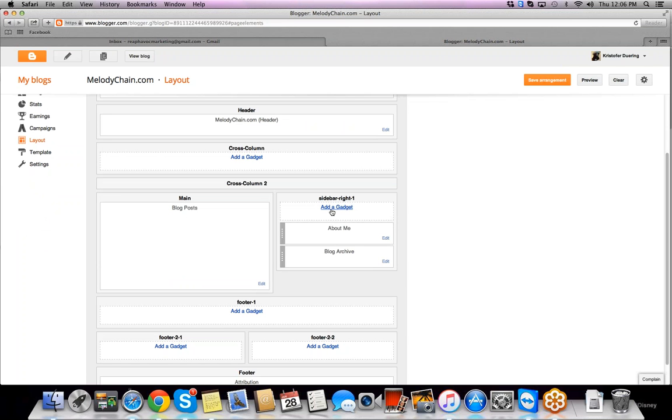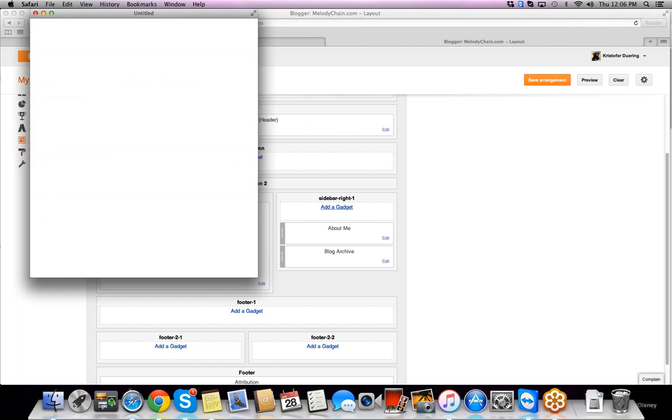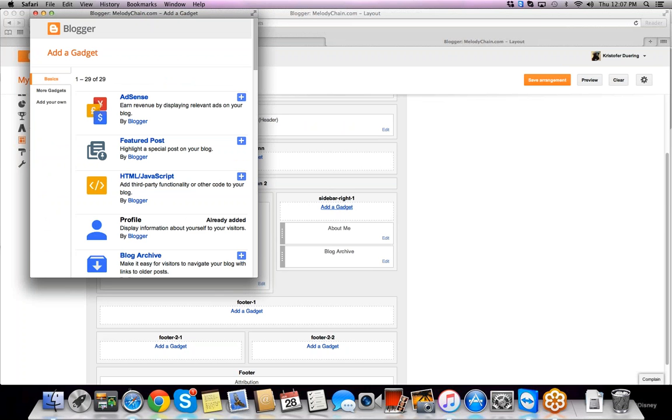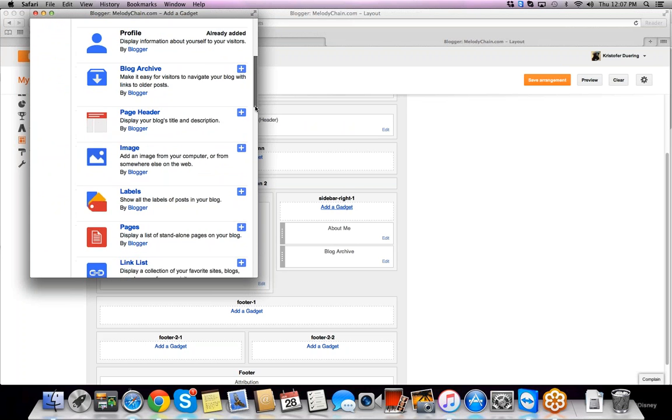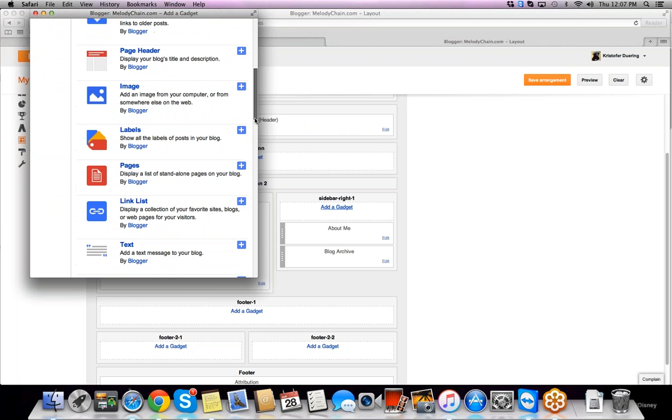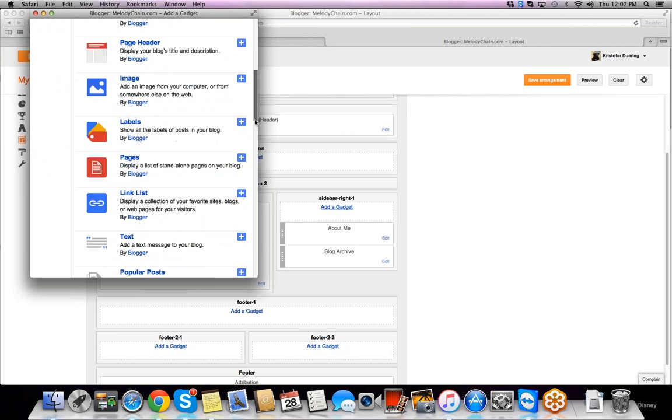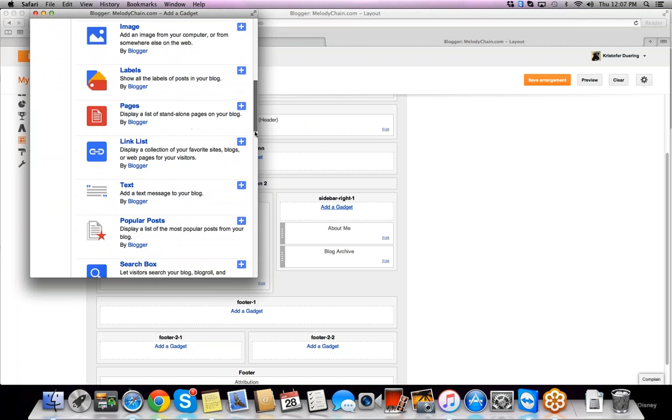They call them gadgets or little widgets here. I'll pull up some samples. You can add something like AdSense or a featured post, or if you had an affiliate code that needed to be in HTML or JavaScript, you could create one of those. You could create a profile, an archive page, and a lot of different little things like this: images, labels, pages,